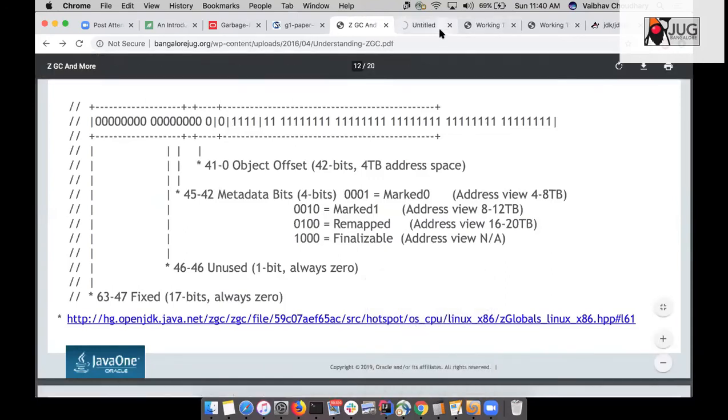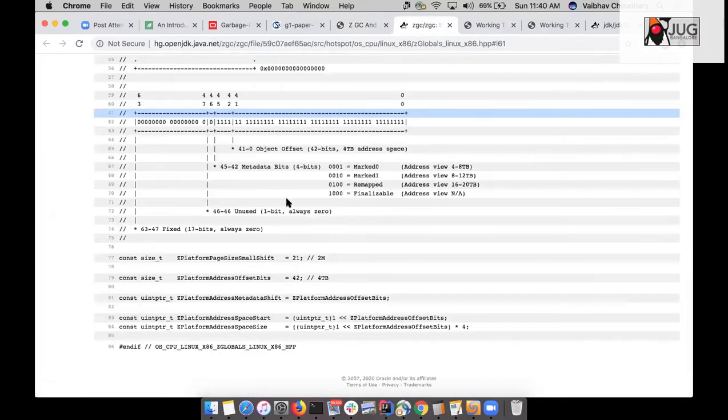In fact, this diagram I have taken from the source only. This is precisely how it addresses memory: if your memory is from 4 to 8 terabytes, how it will address it, and 8 to 12 terabytes and 16 to 20 terabytes, how it addresses all the different terabytes. And this is actually virtual memory addressing.